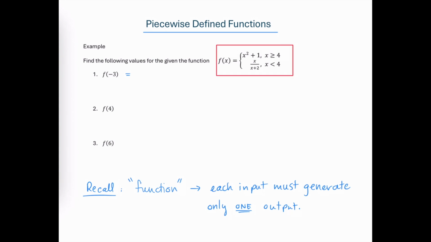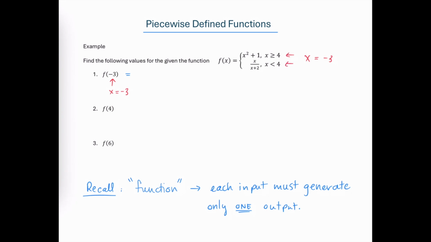When first introduced to it, a piecewise defined function looks quite strange. But essentially what's happening here is we have some criteria that determine which piece of the function we use when determining the output that corresponds with a particular domain element. The x value that we're plugging in is indicated inside the functional notation. We use the x value that's being plugged in to determine which piece of the function we're going to be